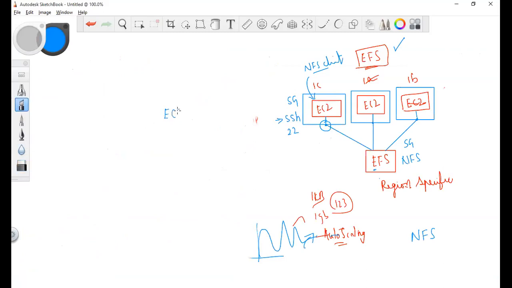You take an EC2 instance. This EC2 instance by default will have a root volume, which is EBS. You cannot deny that. Now we are talking about EBS and EFS in terms of data volume. What do you want for data? Do you want EBS or EFS? This can be chosen in terms of your use case.